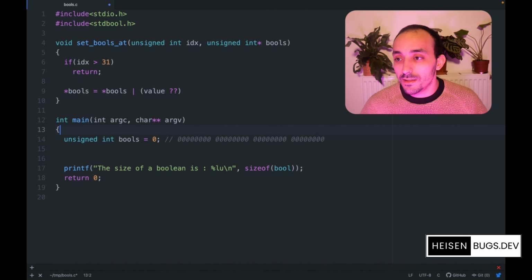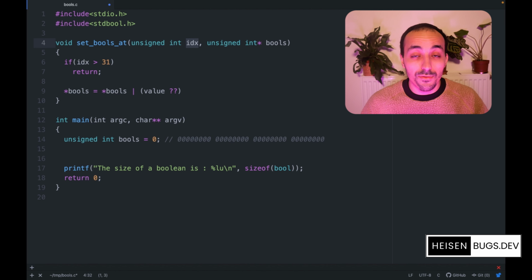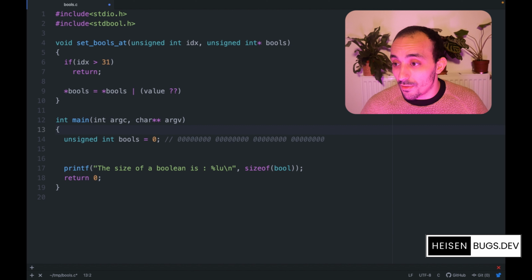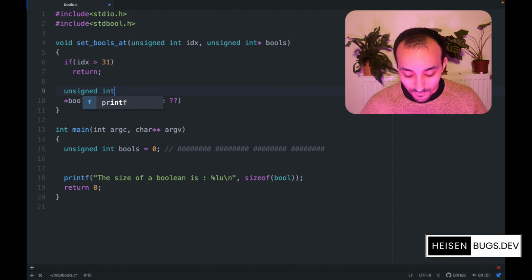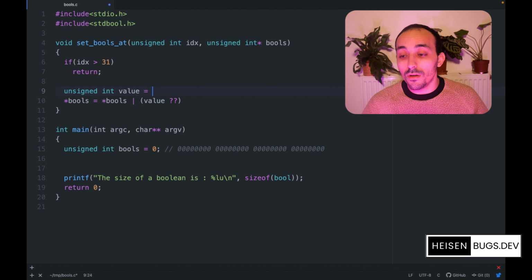So if the index here is 2, because we start at 0 obviously, I don't want to use 2, but I want to use 4, because I will use 2 to the power of 2. Which is the here 0, 1, 2, which is here the third argument. So I could use the pow function to set up an unsigned int value here to pow with 2 to the power of idx to set up the third